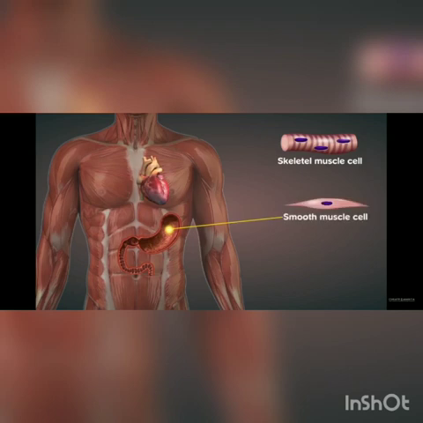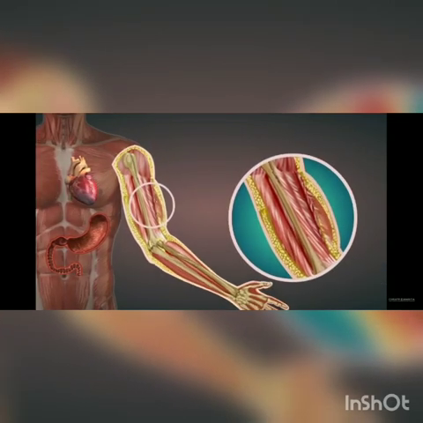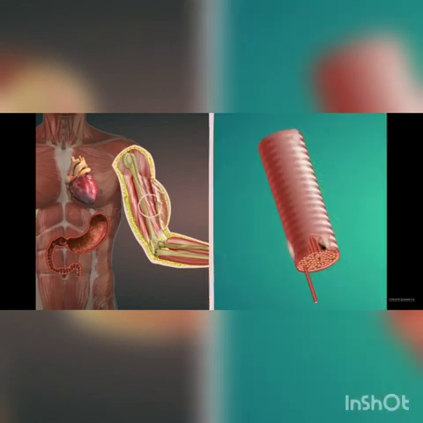The first one we called a skeletal muscle, the second one we called a smooth muscle, and the third one we called a cardiac muscle cell. Skeletal muscle is in our voluntary movement; we are able to move it. Skeleton means it is joined to a bone, that is why it is given that name. Also, it has a light band and a dark band in the muscle, so it is called striated muscle.